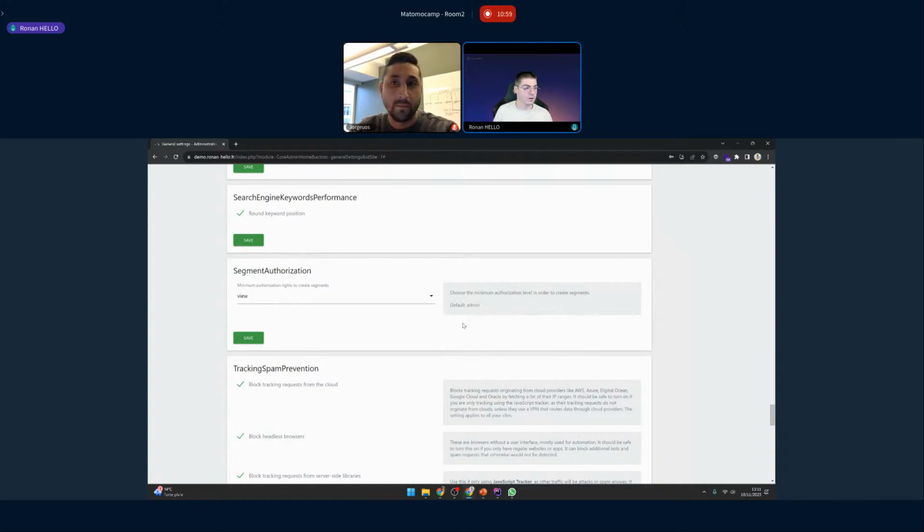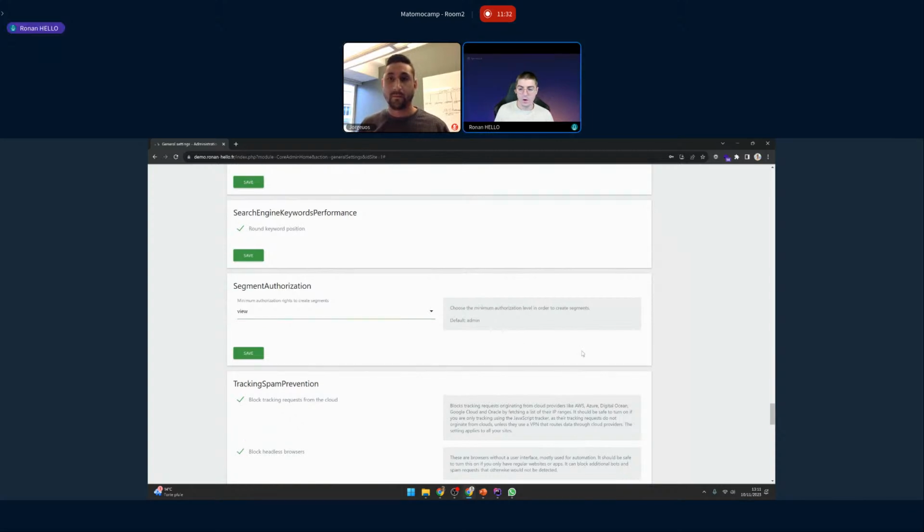By default, it's admin if you never touch this plugin, but I've already tried this plugin, so I changed the value. Here, we can click and we can choose between the 4 rights that Matomo provides to our users. And you can set that creating segments is only available for writers, super users, or administrators. So it's typically a UI to prevent you from editing the config.ini.php file within your Matomo instance. It's a clear UI to manage that value.